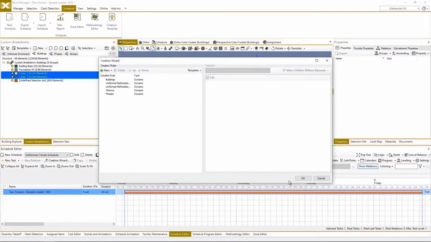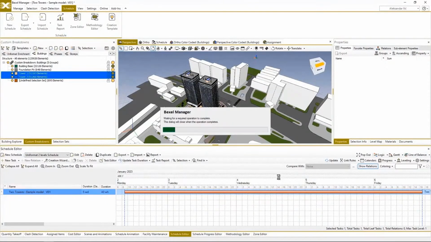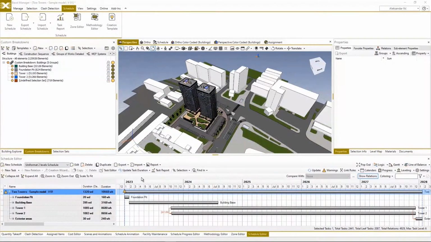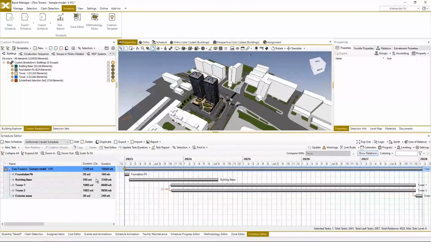So we're going to just click OK and click OK to generate the schedule. It will take again 10 to 15 seconds, depends on the scale of the model. And here we are. Here we have a complete schedule created out of methodology and zones without manual creation of segregated tasks, without manual creation of relationships, or without any specific linking of model elements with the tasks of the